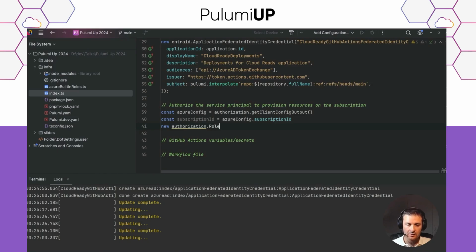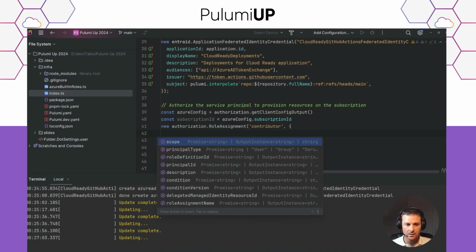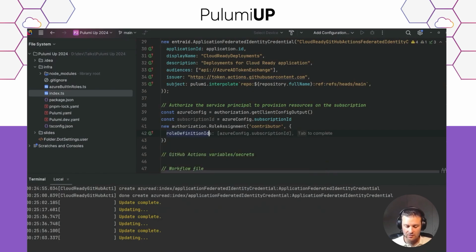So assign the role, so we want contributor. So we need to define the role definition ID. It's just what we created before, the Azure built-in role file. It will be the contributor.